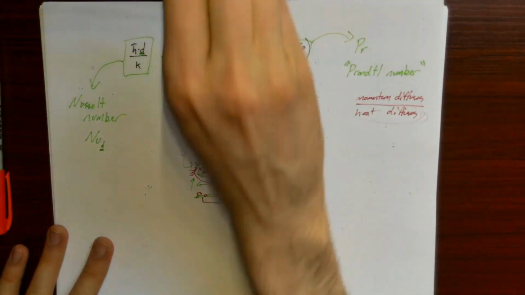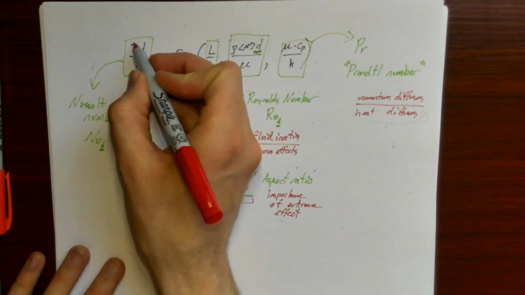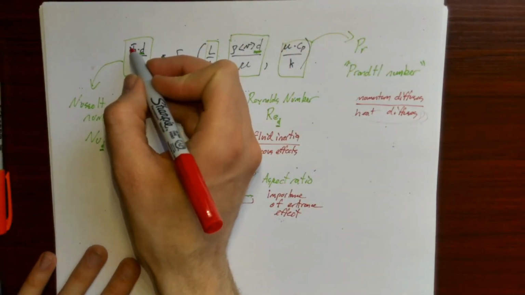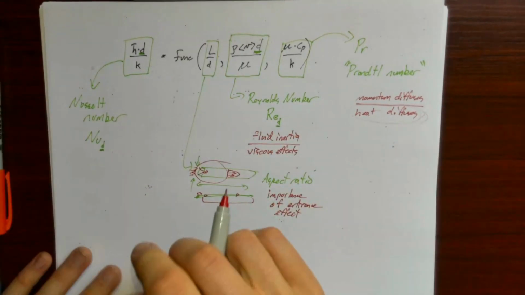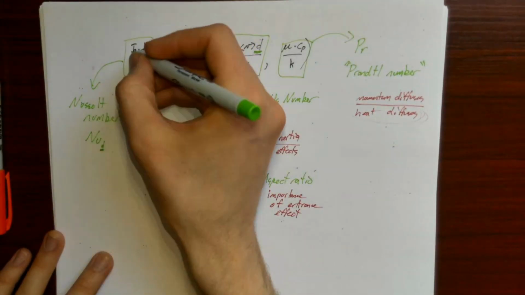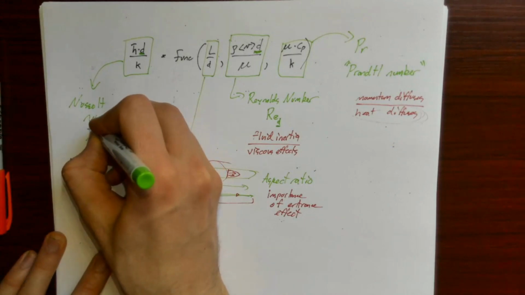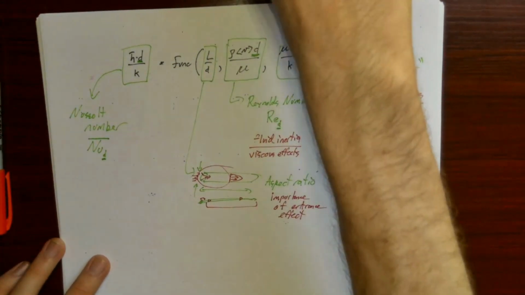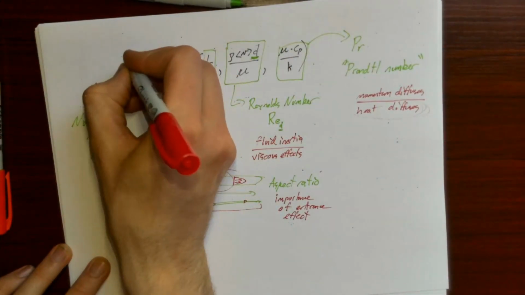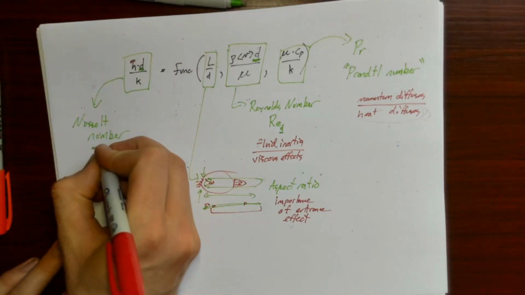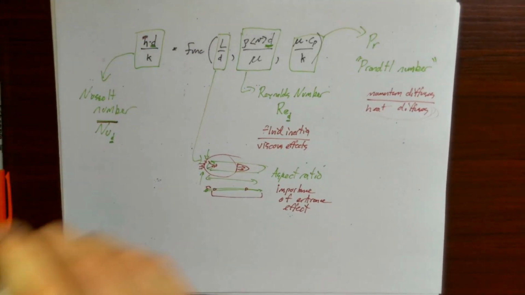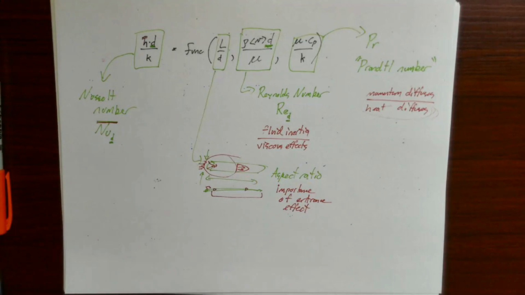And if your H is an H bar, remember we talked about H bar being the sort of averaged H over the whole tube. Oftentimes people, if your H is barred, people give your Nusselt number a bar as well, right? So if H is barred, then people will give your Nusselt number a bar as well. So this is what Nusselt number is.